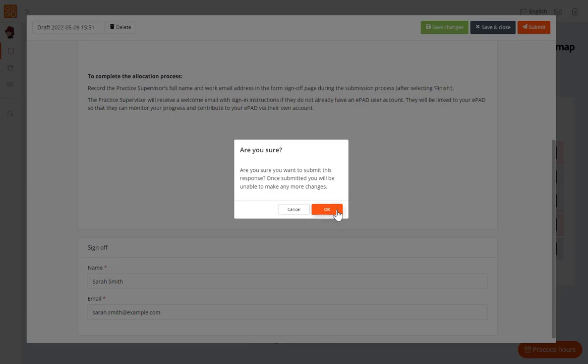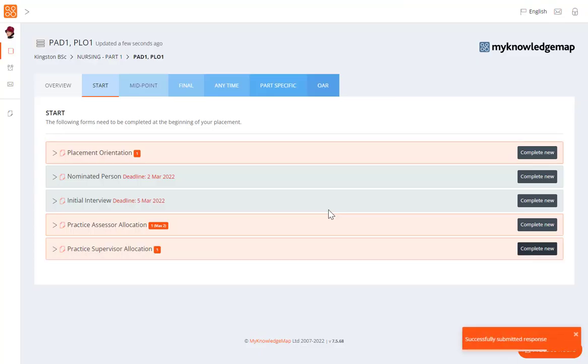As the practice supervisor, I will receive an email confirmation of the form submission for this student at this time and date. If I don't already have a practice supervisor account, I will also receive a welcome email with information about how to access the ePAD using my own account. This is useful to be able to read the student's practice learning history and add material without needing the student